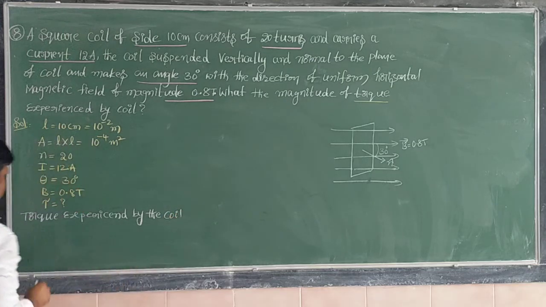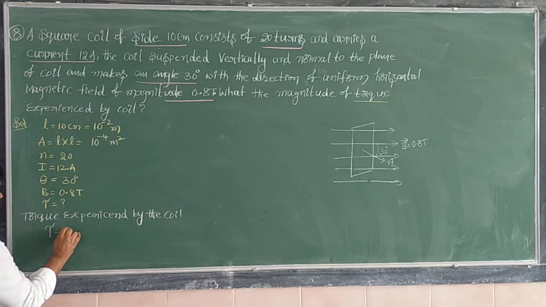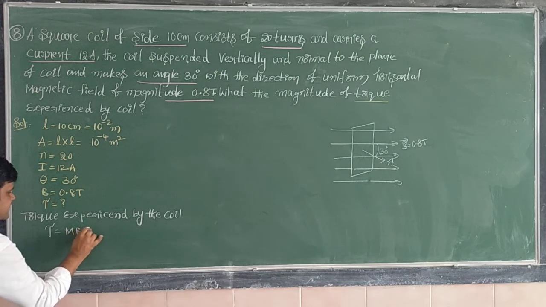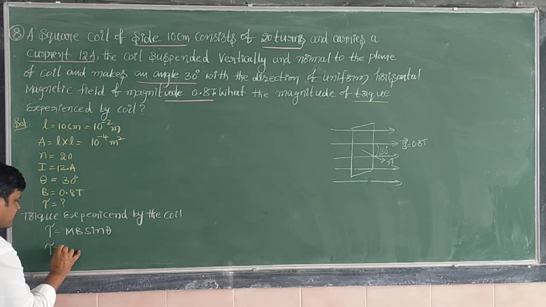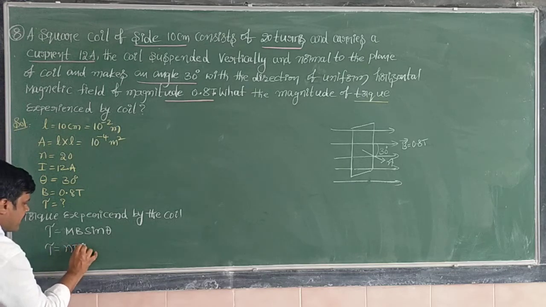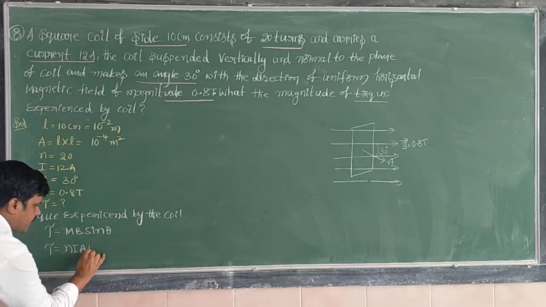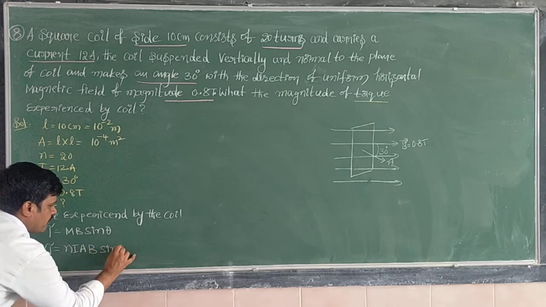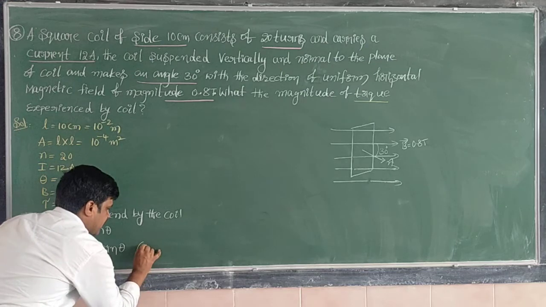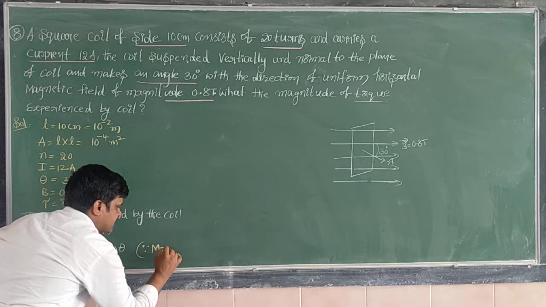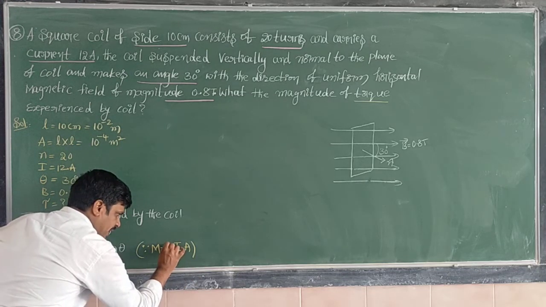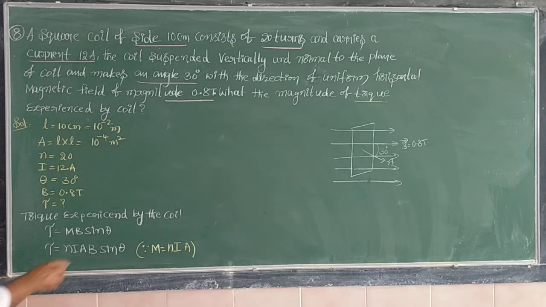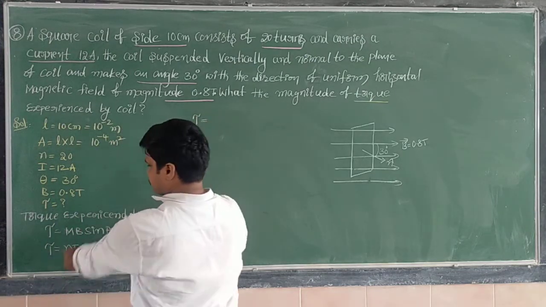Torque equal to, what is the formula? Torque equal to M B sin theta, where M is the magnetic dipole moment. So the magnetic dipole moment formula is N I A, next into B sin theta. Here, just write in the bracket, since the magnetic dipole moment is the product of current into area of the coil, of course we can write the number of turns N also. Torque tau is equal to,